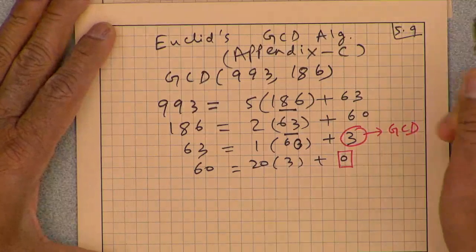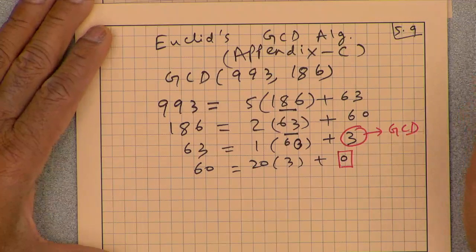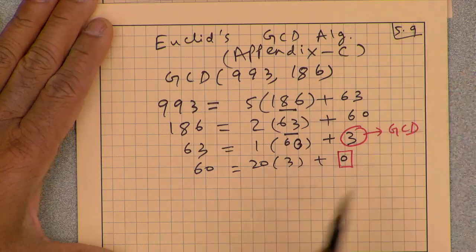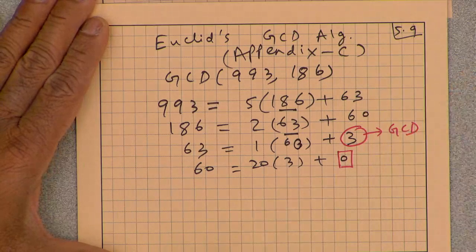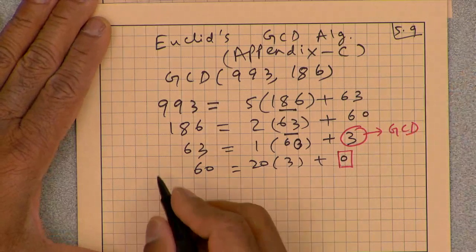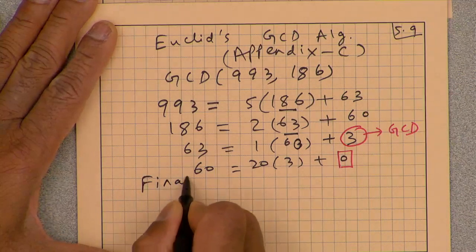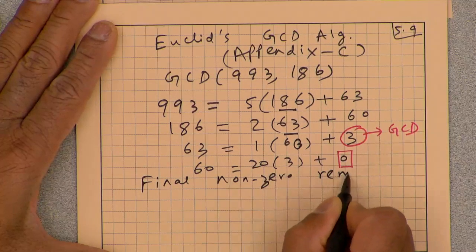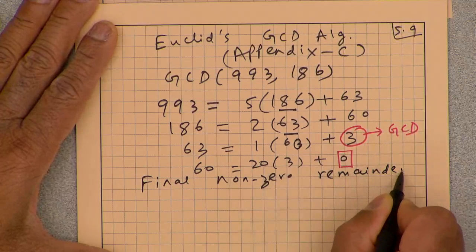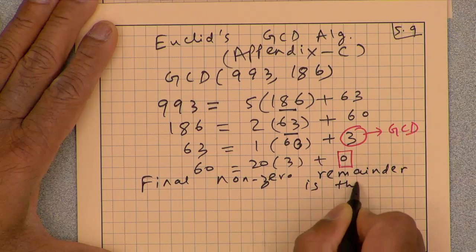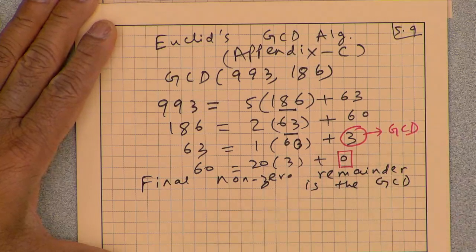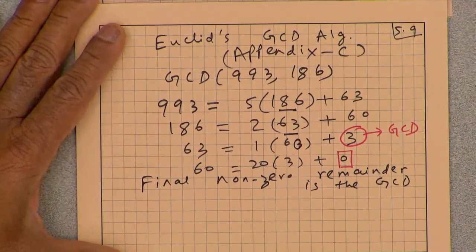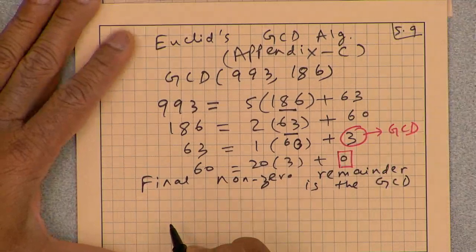Okay. So that's Euclid's algorithm to compute the greatest common divisor. The final non-zero remainder is the GCD. Okay, so one of the properties, if we are computing the GCD